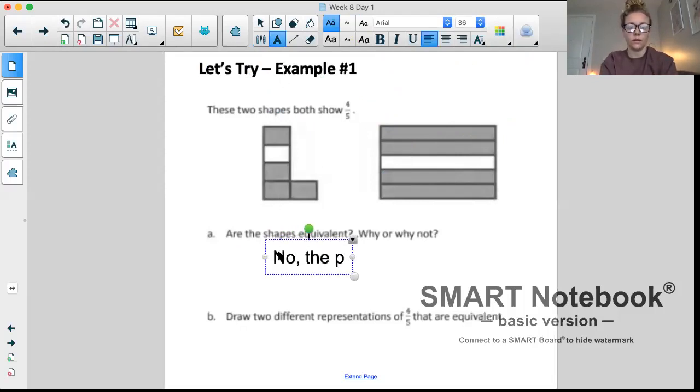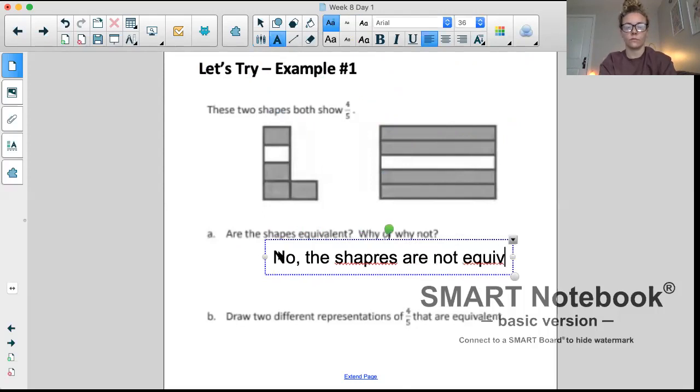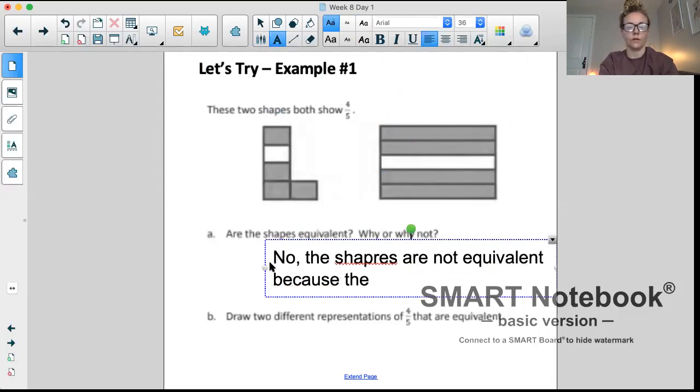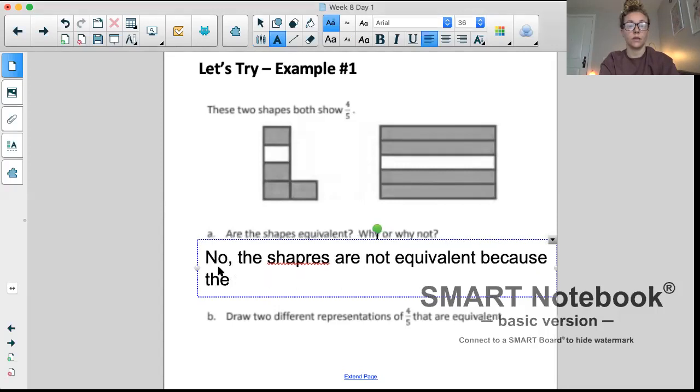No, the pieces, oops, these shapes, oh my goodness, what hard I'm spelling today. Oh yeah, because the